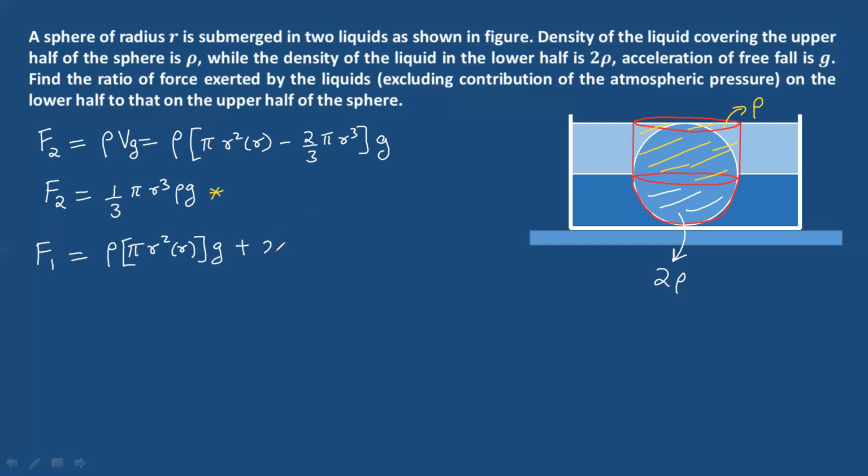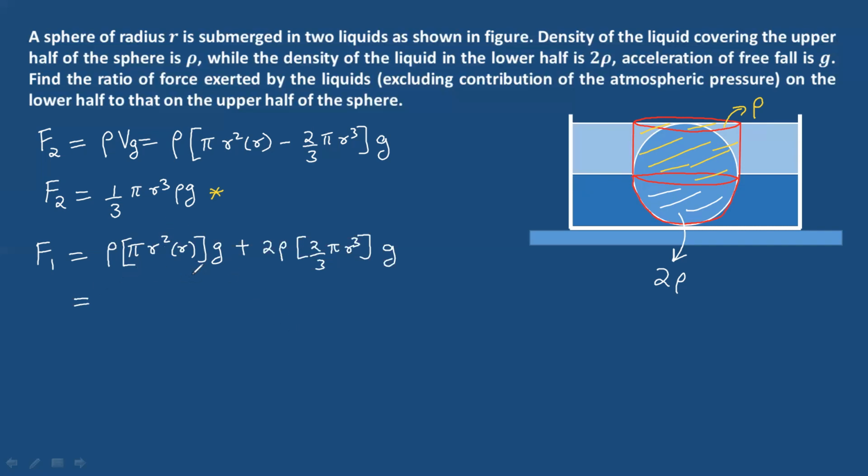So the weight would be 2 rho times, what is the volume of the hemisphere? 2 over 3 pi r cube multiplied by g. All right, you have to be conscious here. Some students make the mistake of completely writing 2 rho in this case, and some students make the mistake of just writing rho in this case. So you have to make sure that it is the contribution of both these liquids. And like I said, I'll make a different video on the derivation of these concepts. I'll make it very, very clear how such formulas come about.